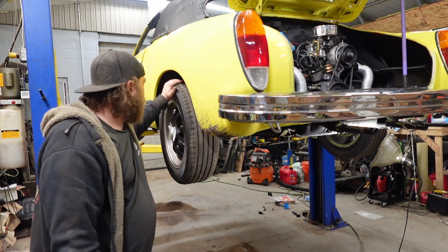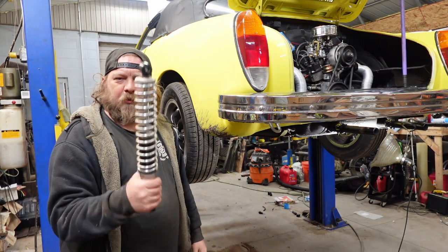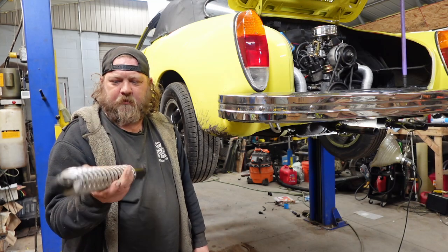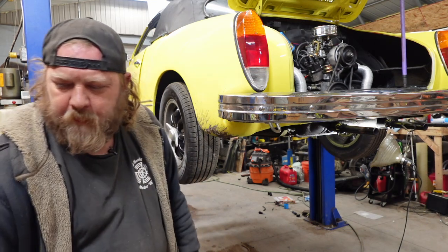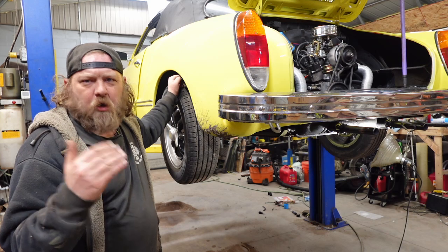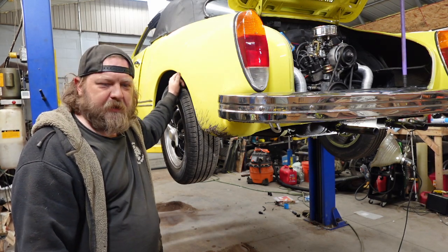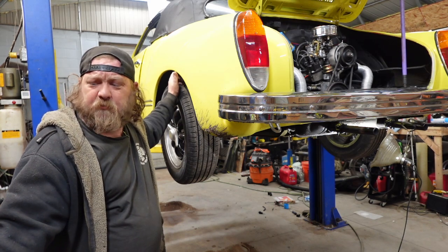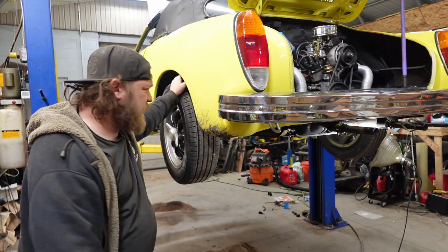I don't know, but I do have these bad boys laying on the shelf that are old, used, and they're fine. I'm just gonna throw them on. Take the old shocks out, put the coilovers on. It'll jack the car up, but trust me, at this point I'm just throwing them on because I want the car as safe as possible, and they're free. So, not charging anything for this,